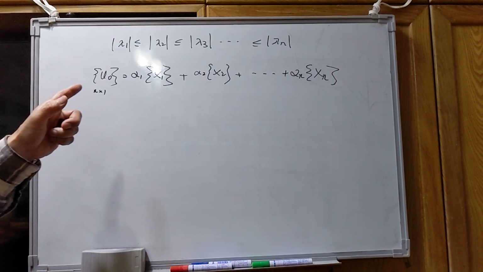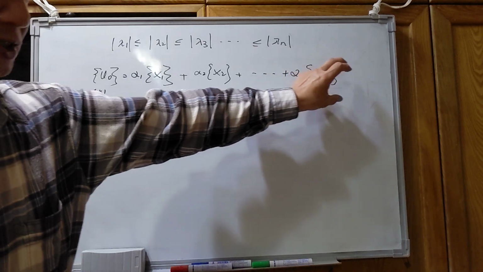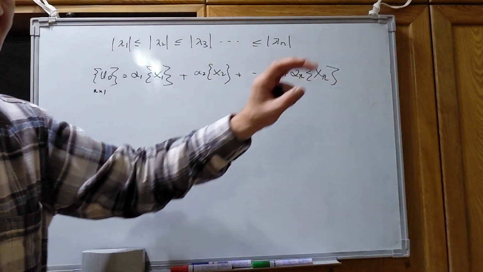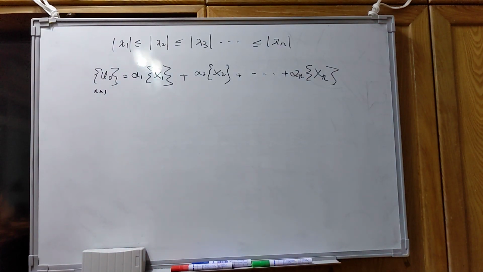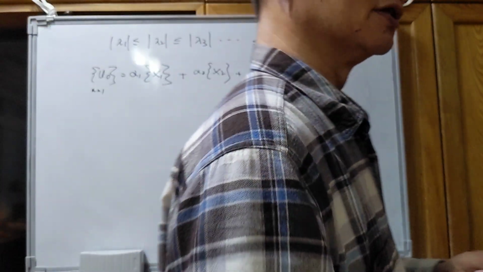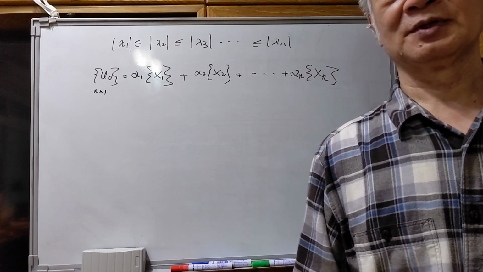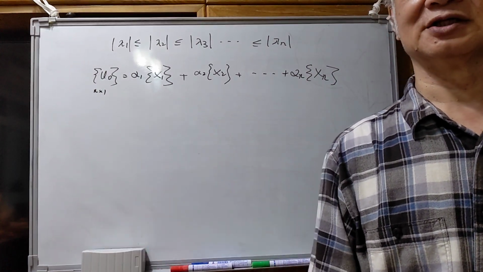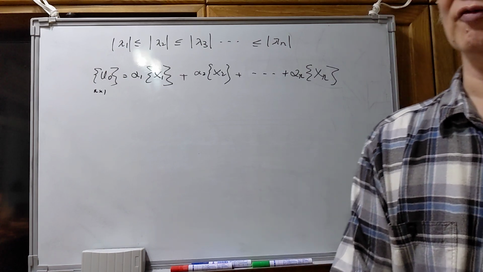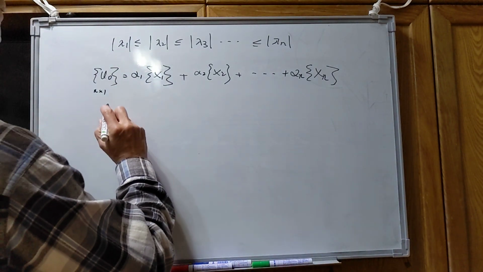For any U0 vector, we can always express the U0 vector as a linear combination of all the eigenvectors. And the alpha 1, alpha 2, until the alpha n, they are real numbers. They are real numbers. We can always find these expressions for any assumed initial vector U0. Okay, then remember